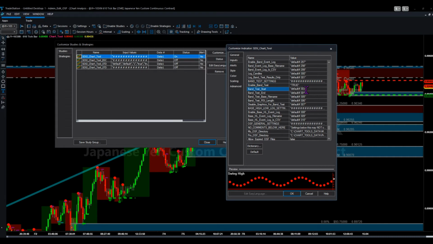Okay, and then we need to set the start time. Now, one of the key things about the band test is the chart I have here is for the Japanese yen, and it starts in early February and goes to July. So you only want to test for a period that's on the chart because it's pulling the data from the chart. So in this scenario, we'll just